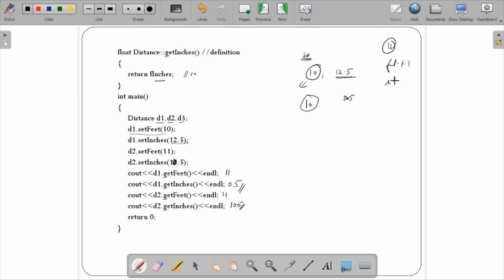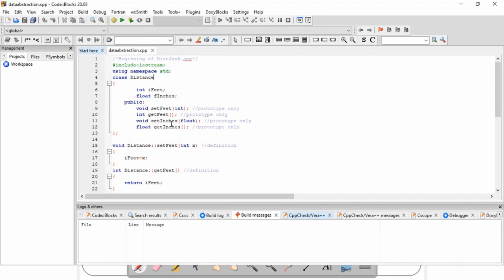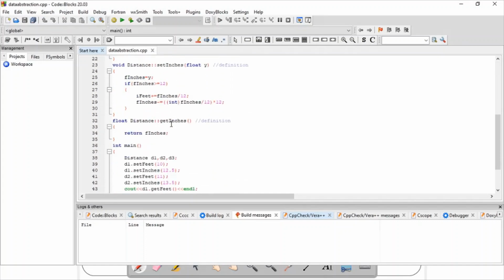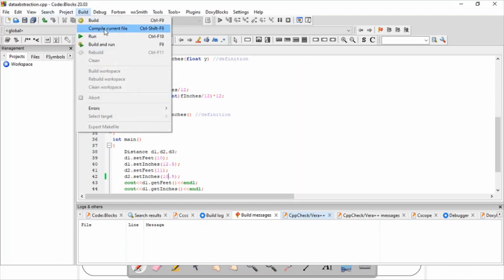So I'll just run this particular program in Code::Blocks. See over here, I had actually given two values, 10 and 12.5. Here I'll give 11 itself, but here I'll give 10.5, just for understanding. Same function. So I'll just run this particular program.